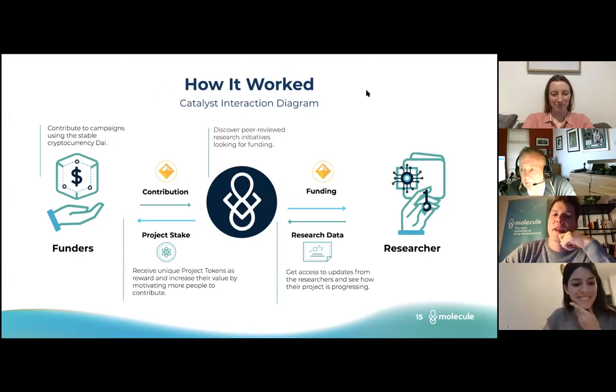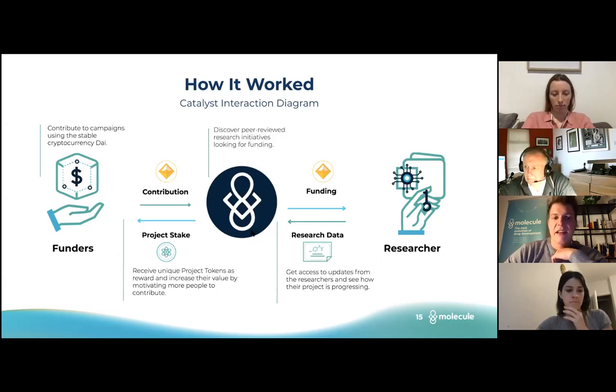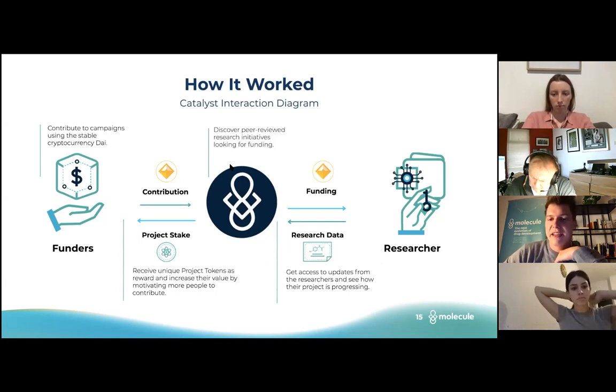Okay, that's perfect. So what we did with Catalyst was really, we tried to take these concepts and build a first MVP around how to use crypto and these new fundraising designs to fund research. The way Molecule Catalyst worked is funders would contribute DAI into research projects that they wanted to support. In return, the funding would go on to the researcher. The researcher would upload their research data, and then funders would receive unique project stakes in the research that they funded. At the time, we didn't have the funding available as a team to really invest heavily into the legal engineering,